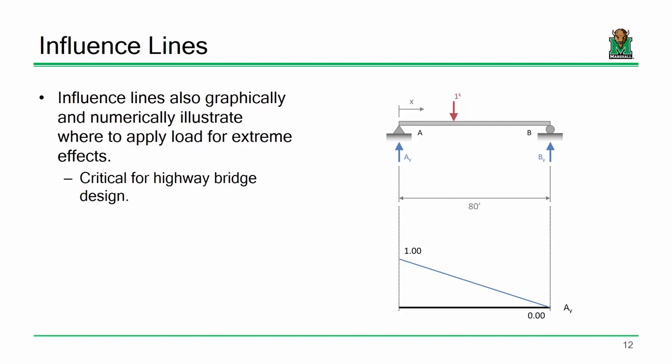Now, influence lines help us out quite a bit when we're looking at bridge design because of 2 reasons. Number 1, they graphically tell us where to put the load to generate